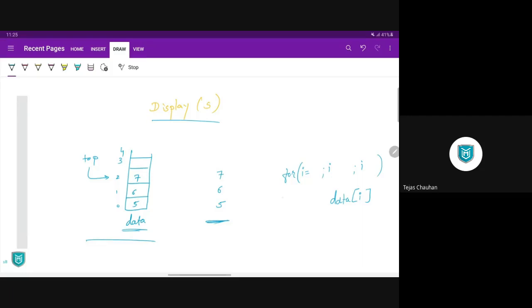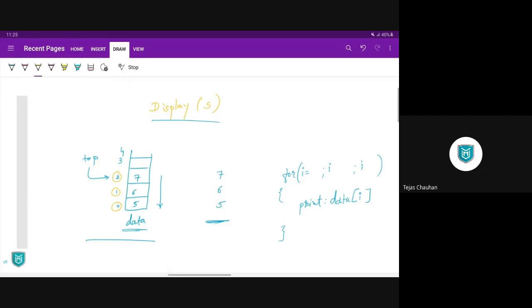We will have this loop, and we print data of I. So what are we doing? We are ranging from top to bottom, which means starting from 2, then 1, then 0. So we have a reverse loop here.